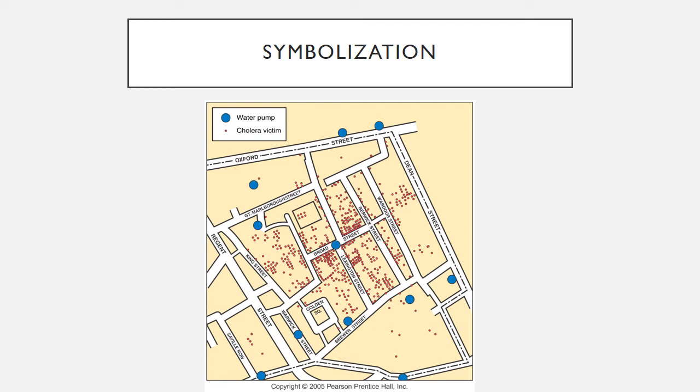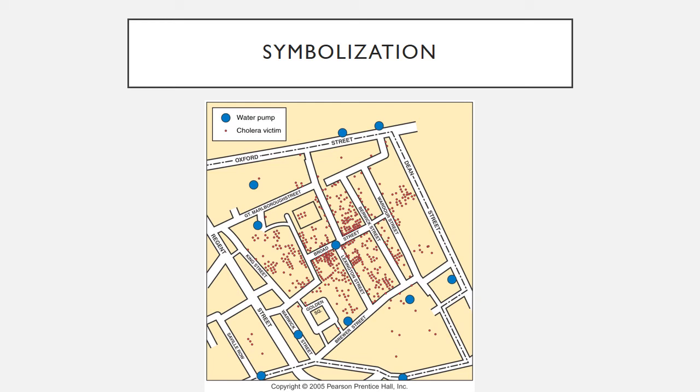Symbolization is exactly what it sounds like, right? Representing data on a map using symbols, okay? So that you can plot that and maybe have several things that you're looking at in relation to one another. This is a famous map made by a man, John Snow, actually, as one of the earliest attempts at sort of